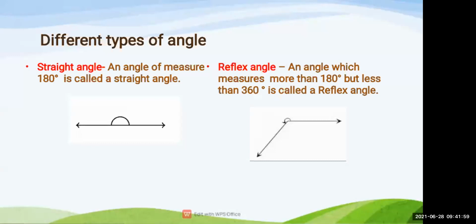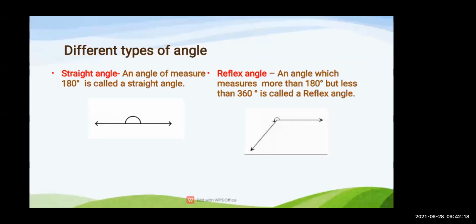Now what do you mean by straight angle? An angle of measure exactly 180 degree. An angle of measure exactly 180 degree is called a straight angle. With this figure also you can see. See, you can see with this figure. See, this is a line